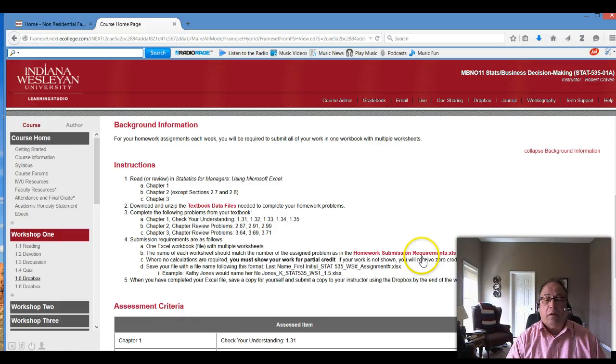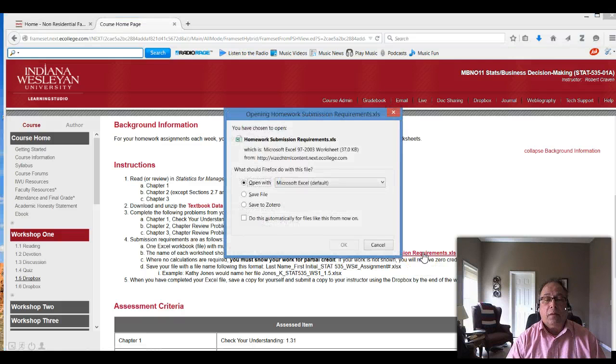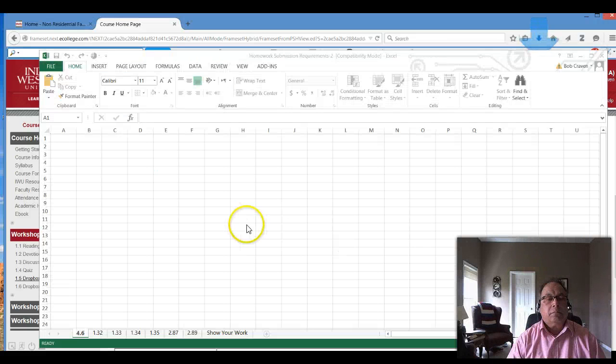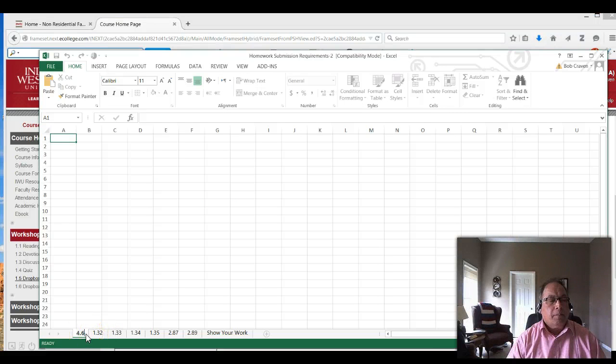There are some homework submission requirements. Let's look at those quickly. For each workshop, for example, here's workshop 1, you will have an individual worksheet for each problem.